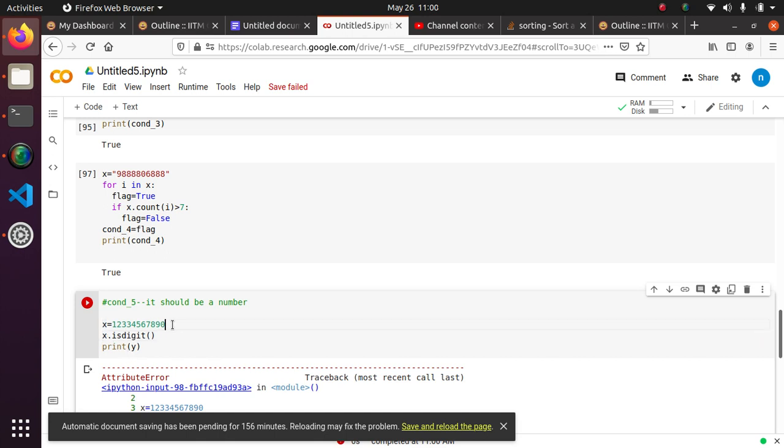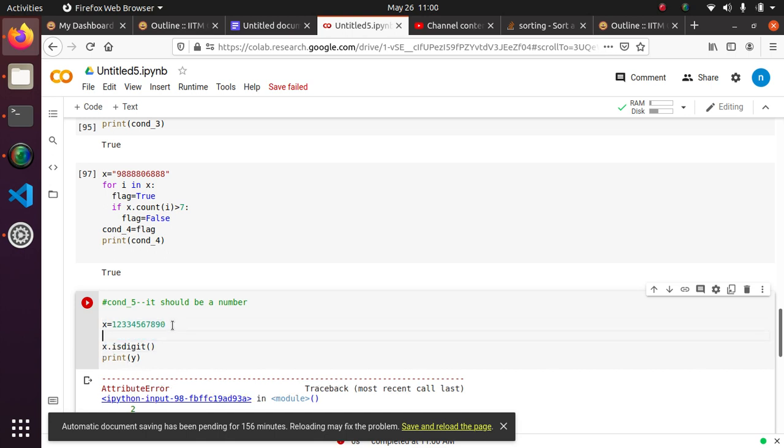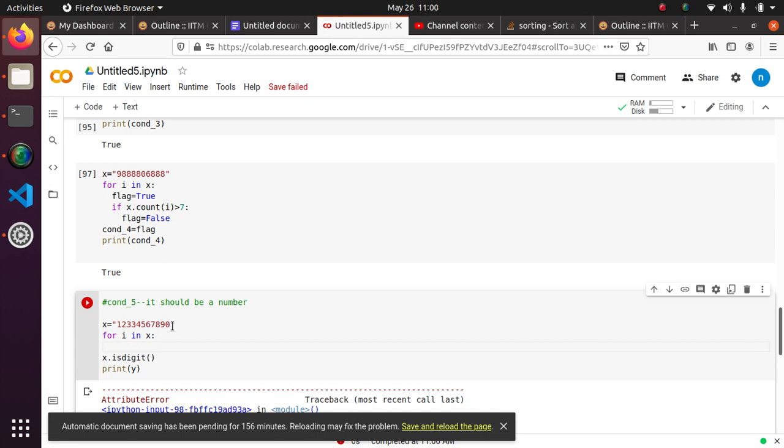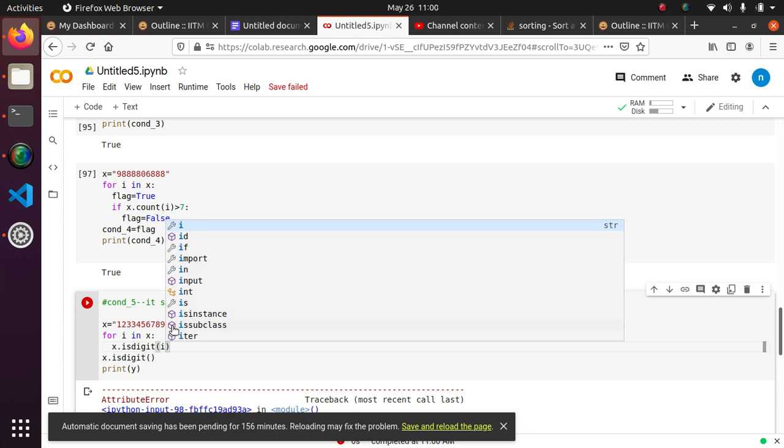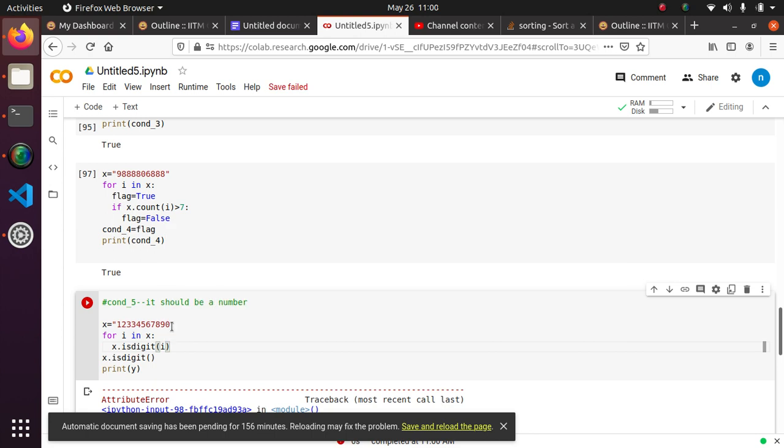Seems like we have to do something else. Let's turn this into a string, for i in x, i dot is digit.